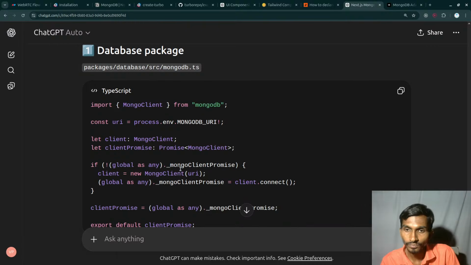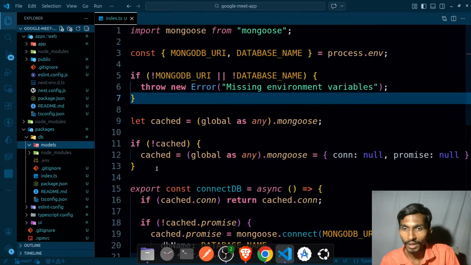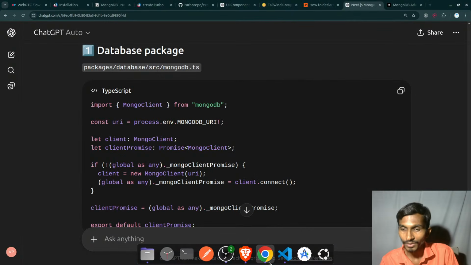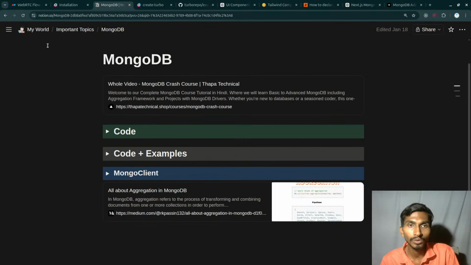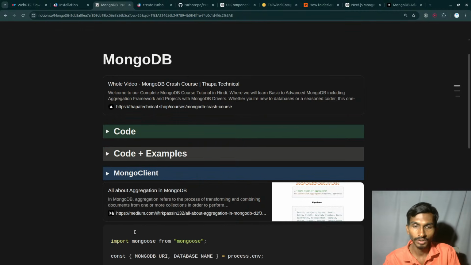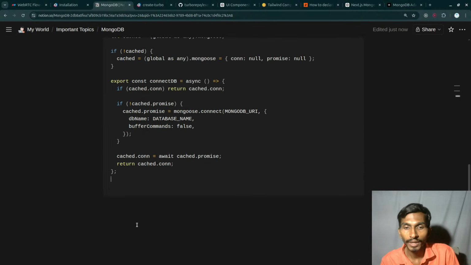This really is a good way to use MongoDB, so I will definitely save it somewhere. This time I'm gonna go to my notes, and let's see, keep it here only. So this is where the code is going to be. And another thing is that